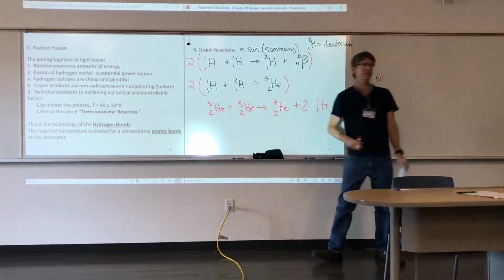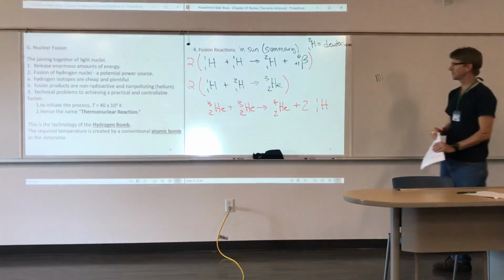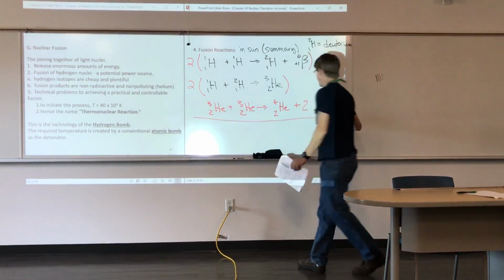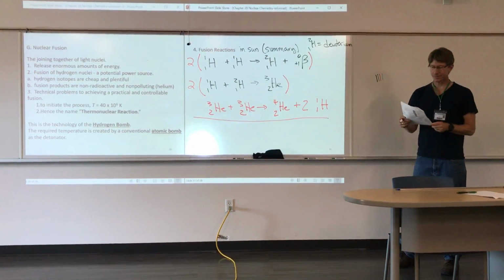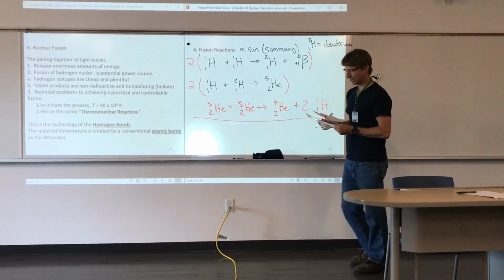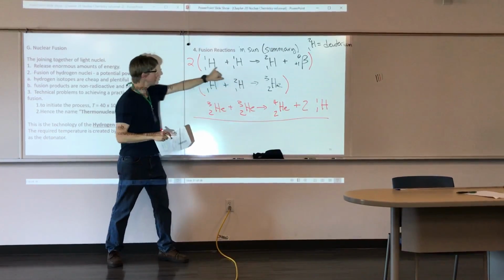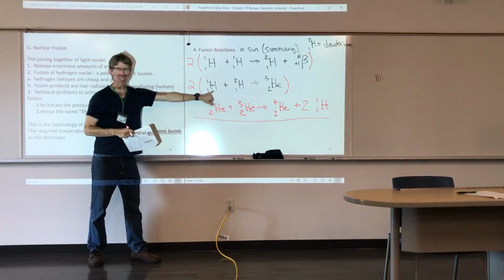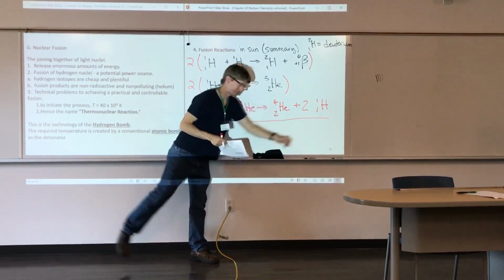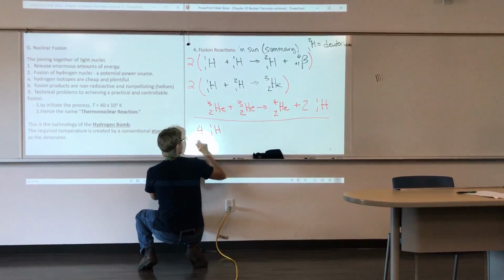Into a helium for a stable nucleus plus 2 stable hydrogen nuclei. And if you come up with the overall process, you will see it adds up to 4 hydrogens. Well, let's see. I have 1, 2, 3, 4, 5, 6 hydrogens. 2 of them are canceled out. 4 hydrogens